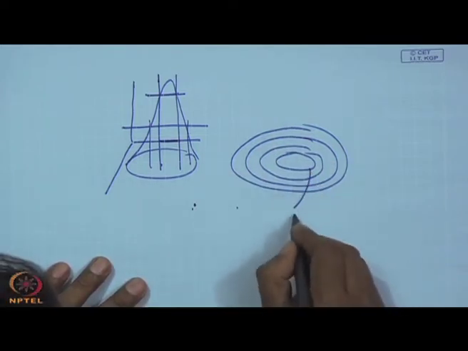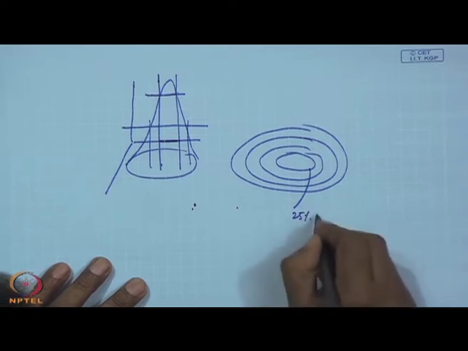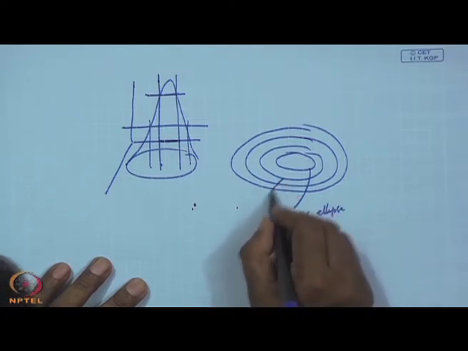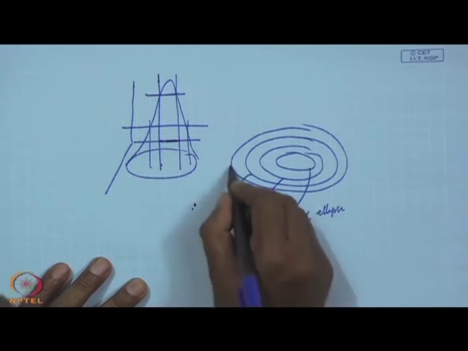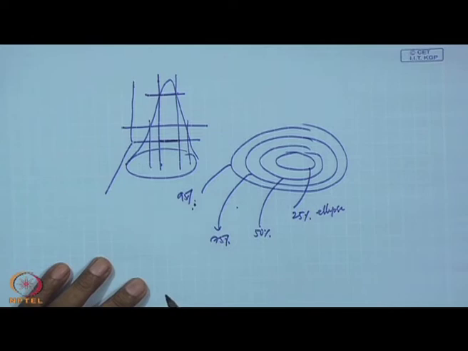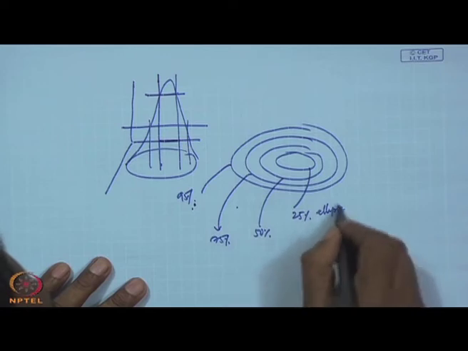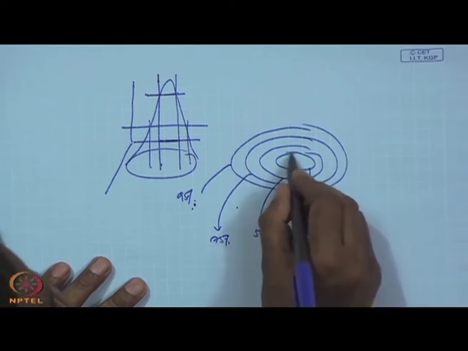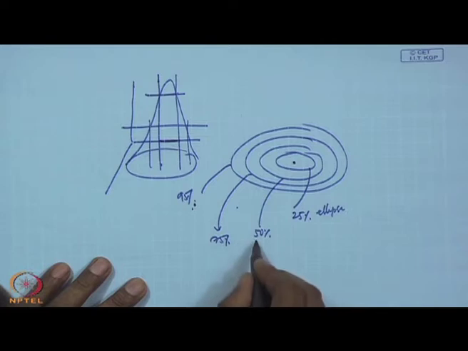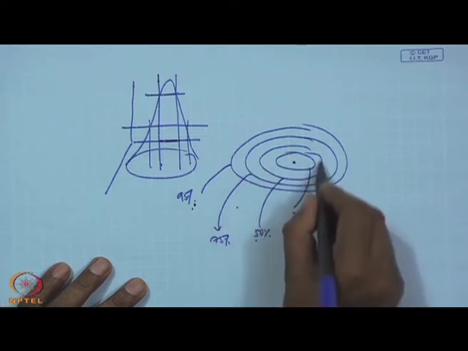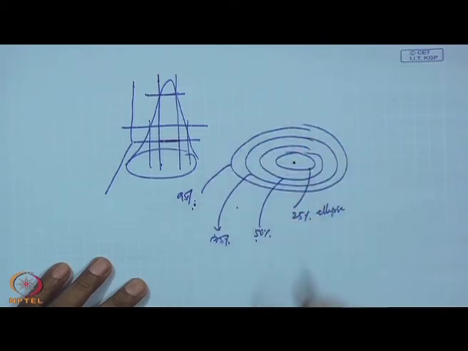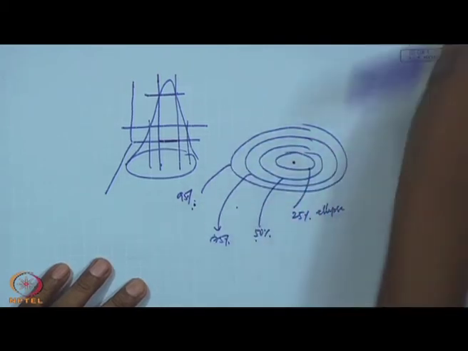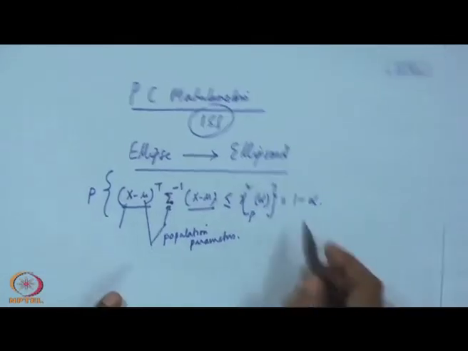So, I can say this may be 25% ellipse, this is maybe 50% ellipse, this one may be your 75% ellipse, this may be 95% ellipse. What does it signify? It signifies that 25% of observations will be on or within this ellipse, 50% will be within or on this ellipse, 75% will be on or within this ellipse, and 95% will be on the ellipse, and that is what is this one